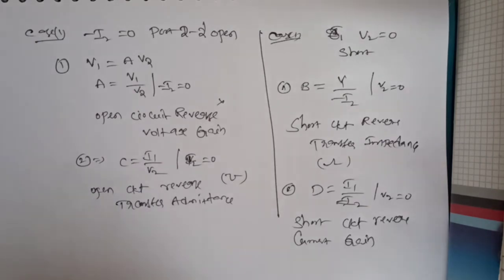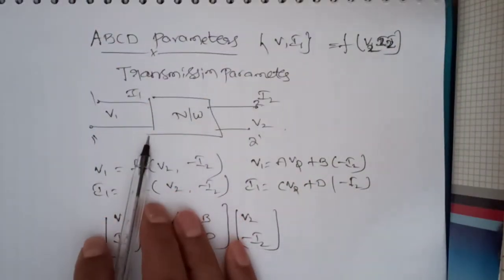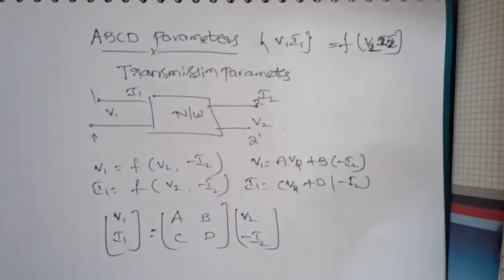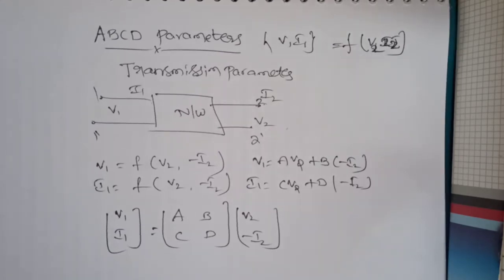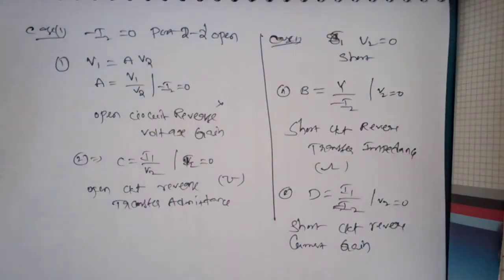As shown in the previous figure, according to transmission line theory, the sending end variables are expressed in terms of receiving end variables. It is analogous to the equations of the ABCD parameters, where the input variables V1 and I1 are expressed in terms of V2 and I2. Due to this analogy, ABCD parameters are also called chain parameters. Why? Because these are useful for the analysis of two or more networks connected in cascade or chain. Hence, these parameters are called chain parameters.